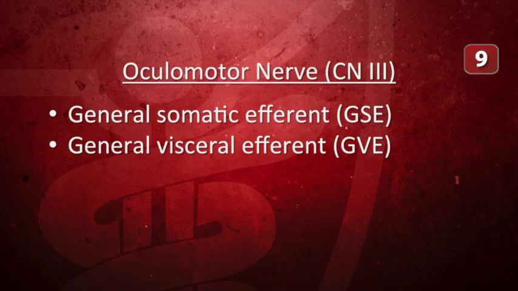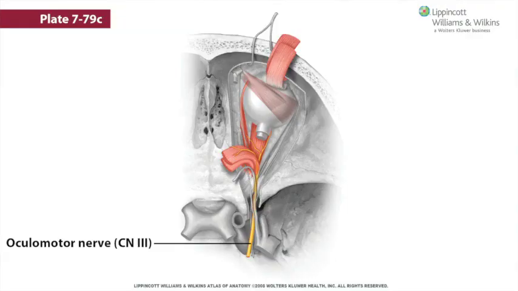Cranial nerve 3, the oculomotor nerve. The two modalities of the oculomotor nerve are general somatic efferent and general visceral efferent. It provides motor innervation to 4 of the 6 muscles that move the eyeball and a muscle that raises the eyelid. Additionally, it provides parasympathetic innervation to a muscle that constricts the pupil of the eyeball and a muscle that